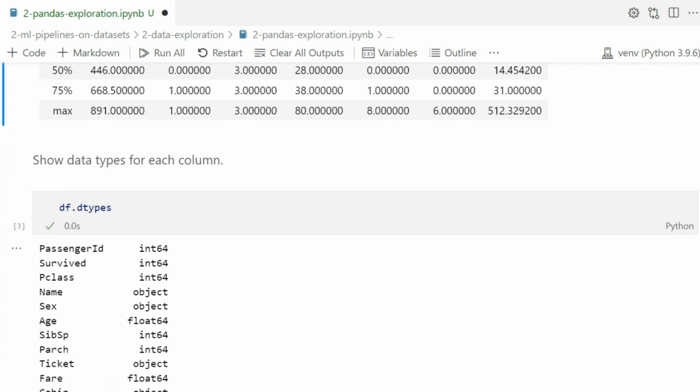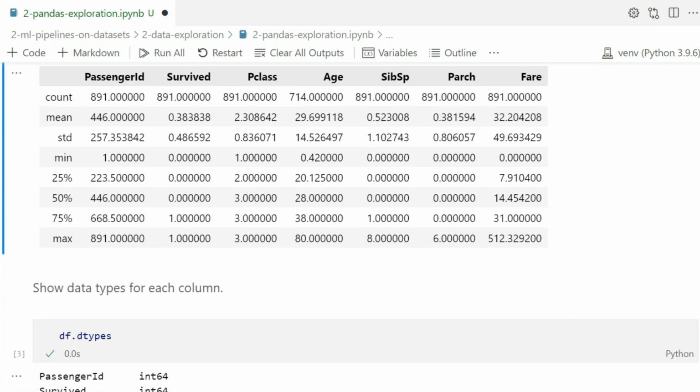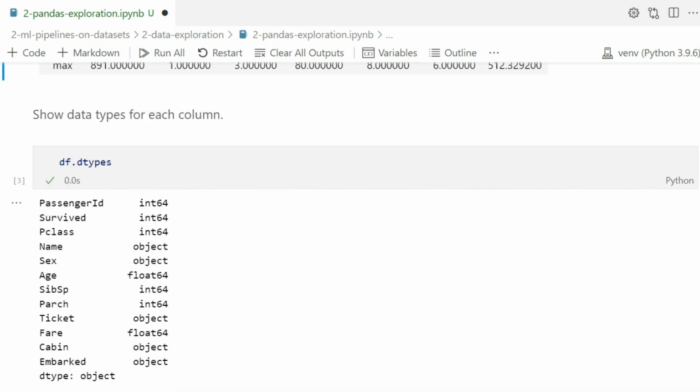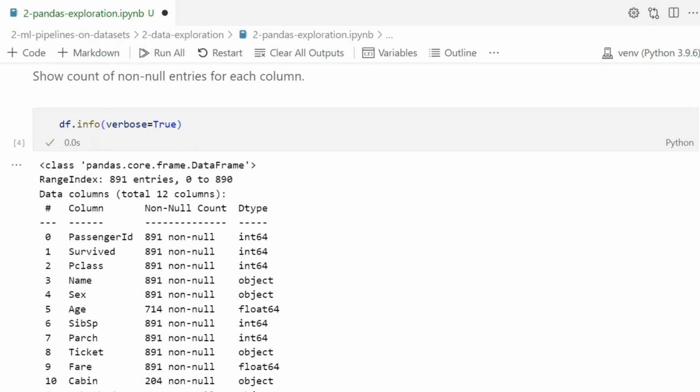And you get another one here, show data types for each column. We didn't have the data types before, and we got only the numerical variables. But right here, you get all the different columns. As you can see, the name has been identified as an object. So it's not straight away text for pandas, but it's still useful information. Show count of non-null entries is also important. You see here the values that are not null, and how many values you have. Once again, that's another useful statistical information.